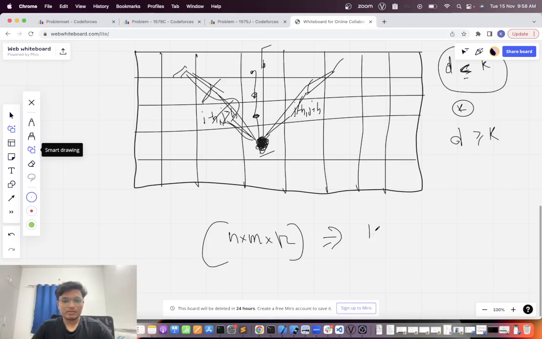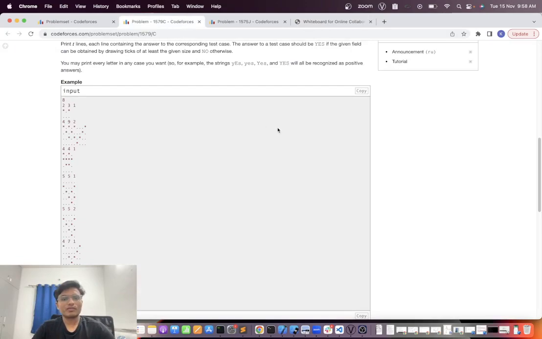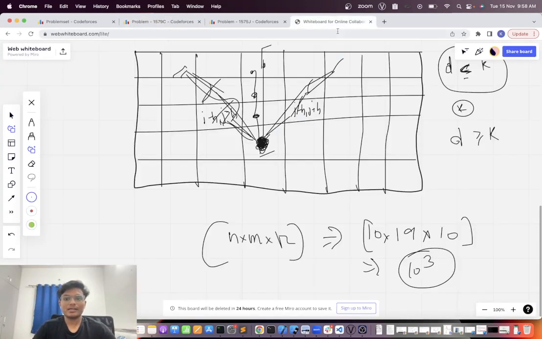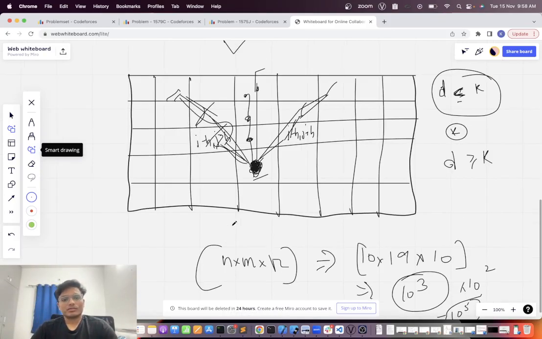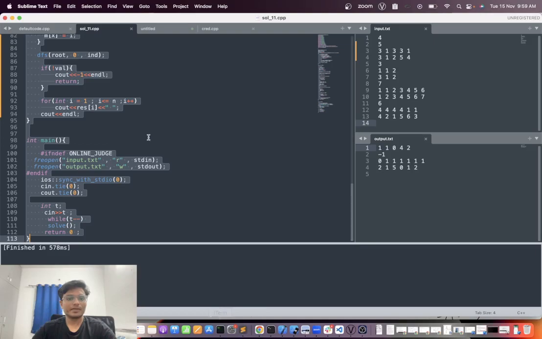So the time complexity will be 10 times 10 times 10. Okay, so it will be around 10 to the power 3 for each test case, and the number of test cases is 100, so times 10 to the power 2. So we can easily do that. Okay, so brute force will easily work here. So let's see the code. If you already understand this and are confident, you can pause the video and do it by yourself. Okay,